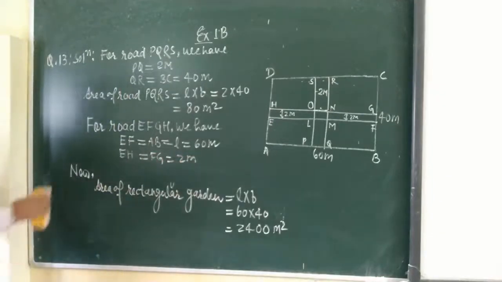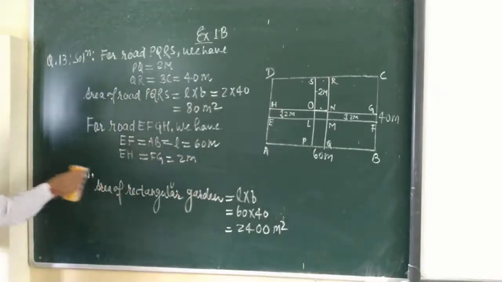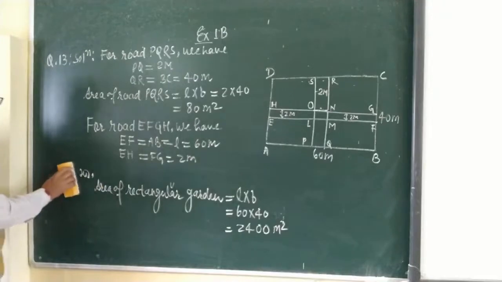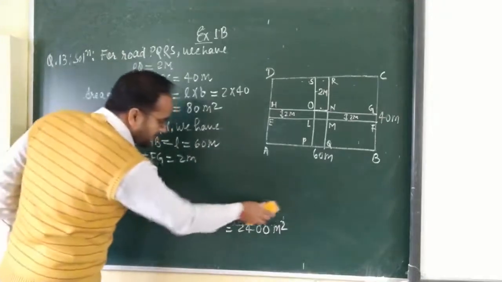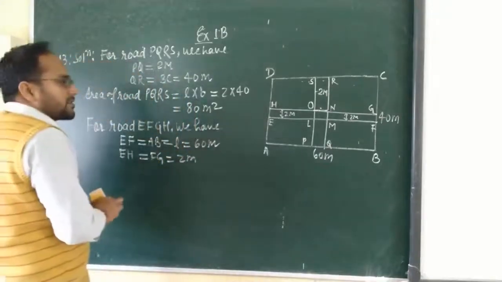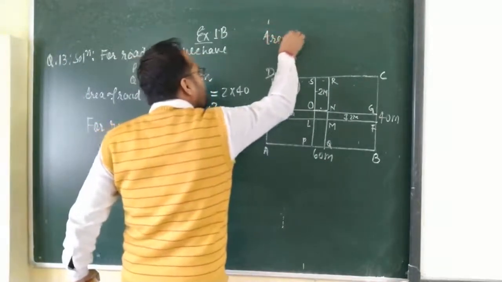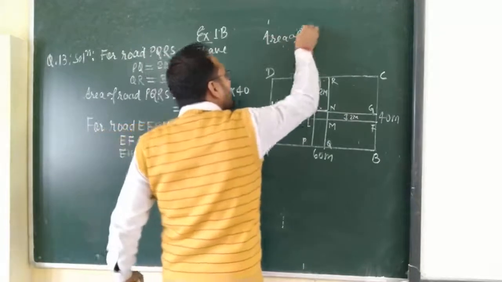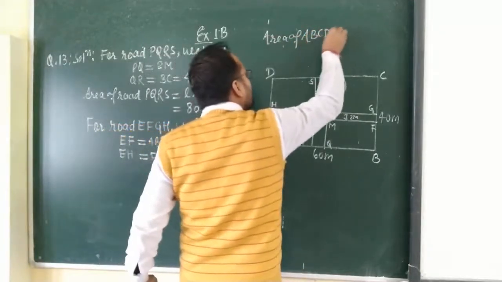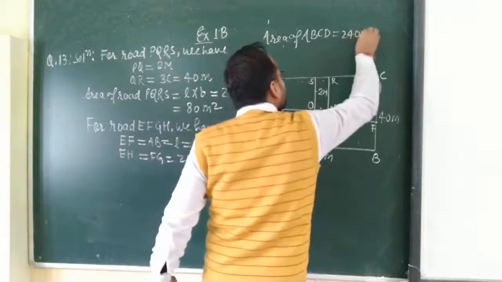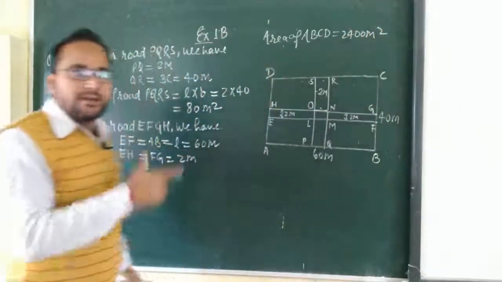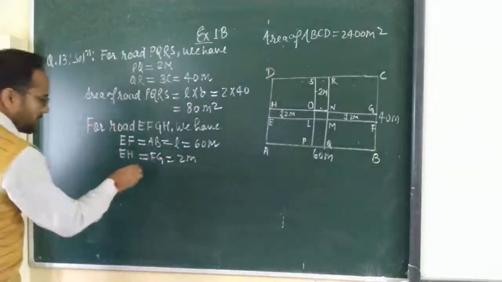Okay, so you always remember that the area of the rectangular garden ABCD is equal to 2400 meter square. This is the area of this rectangular garden. Okay, now